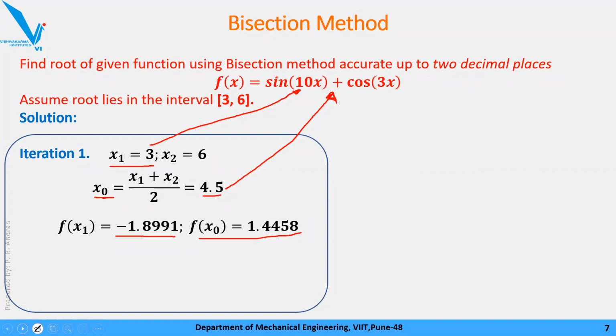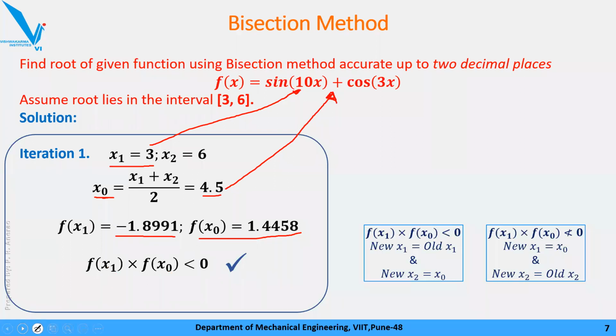Okay, what does it mean? The function f of x1 into f of x0: see, negative value, positive value. The multiplication of the two will always be negative, so it is less than 0. It is satisfied, which means it is checked. It means that the range, our new updated x1 and x2, will be old x1 and new x0.